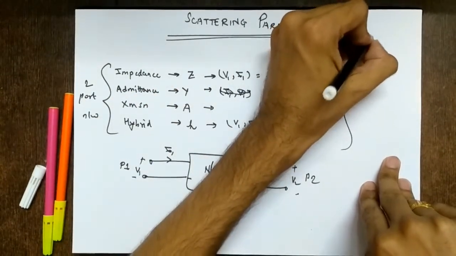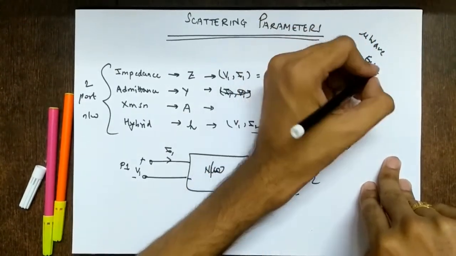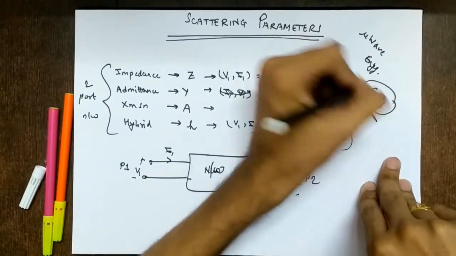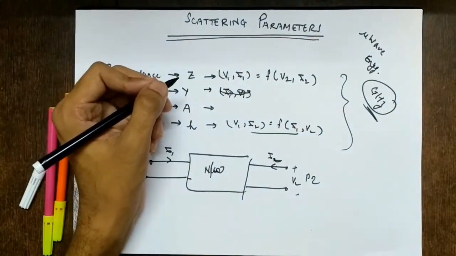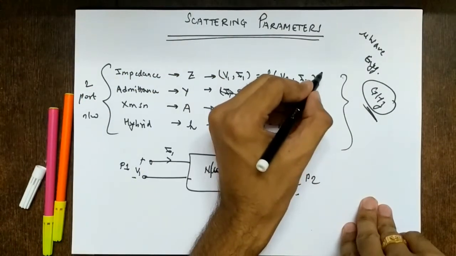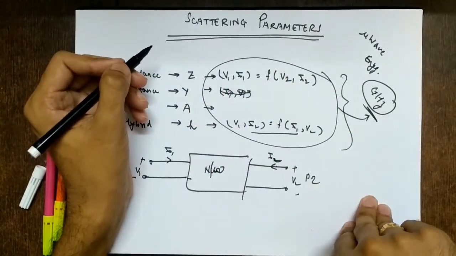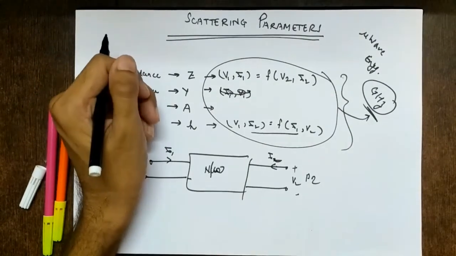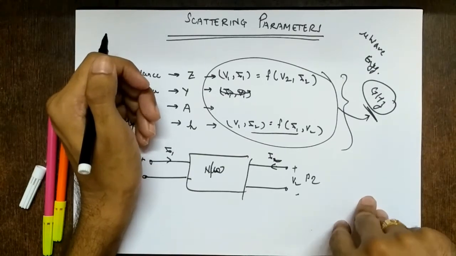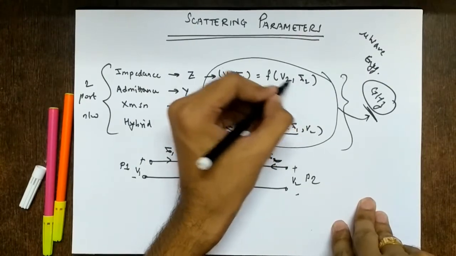We are studying microwave engineering. And what is the range of microwave, right? It is in the range of gigahertz. So these are called microwave frequencies, so they are very high, right? What happens when we use voltages and currents in this range of frequencies? A very practical problem happens. When we try to measure voltages and currents at microwave frequencies, the voltages and currents will not give us the accurate value.